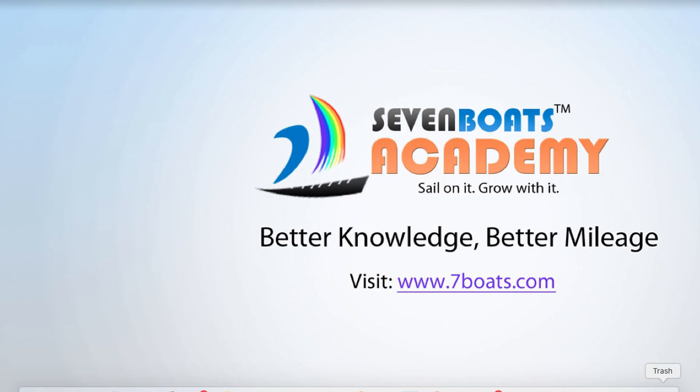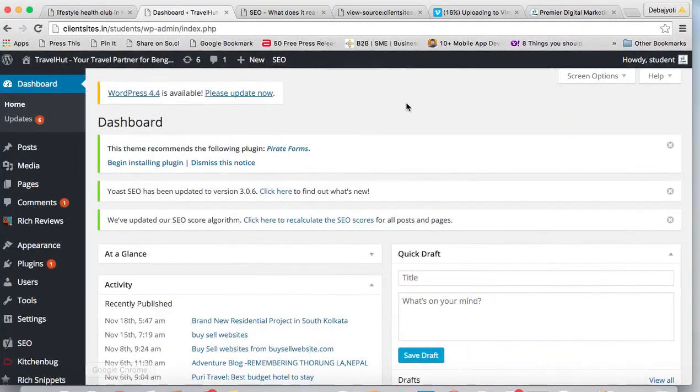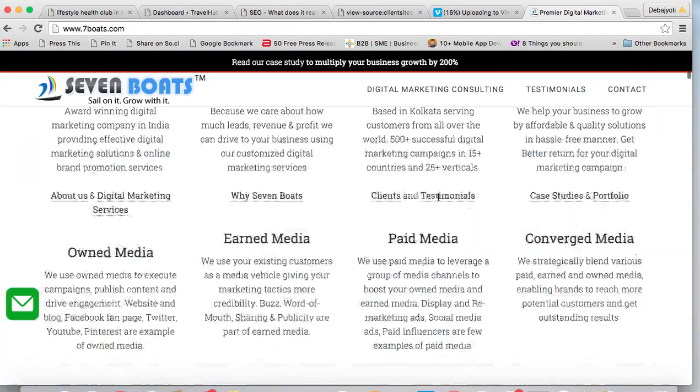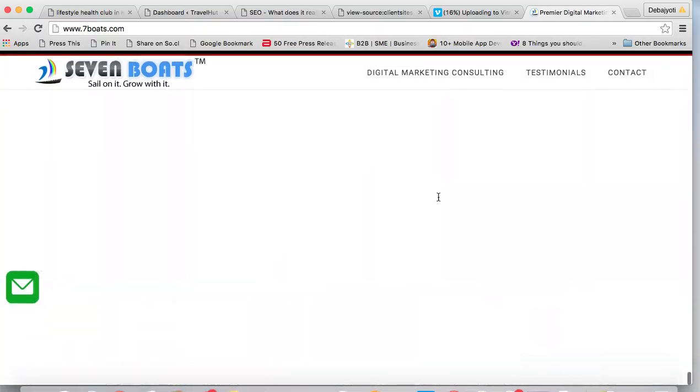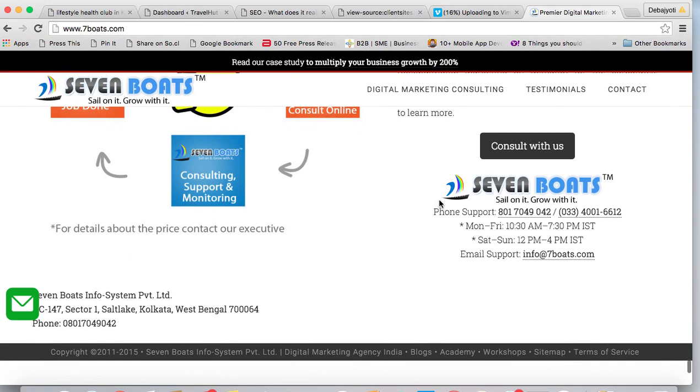Now there are three types of sitemap. The first one is called HTML sitemap, that is mostly for users. So if we check here with 7 Boats, we can see here at the bottom of the page the sitemap link. So if we click on sitemap,